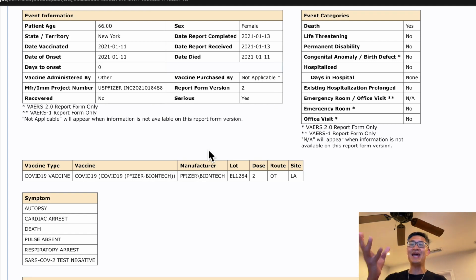Your job is to manage this database. If you don't verify the data and maintain this database, what is the point of having the database? When people use your database data to show that your vaccine is dangerous,